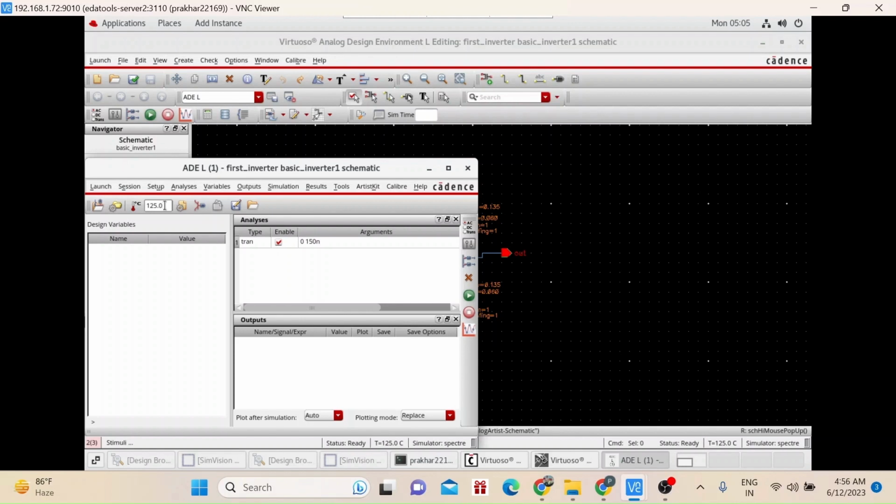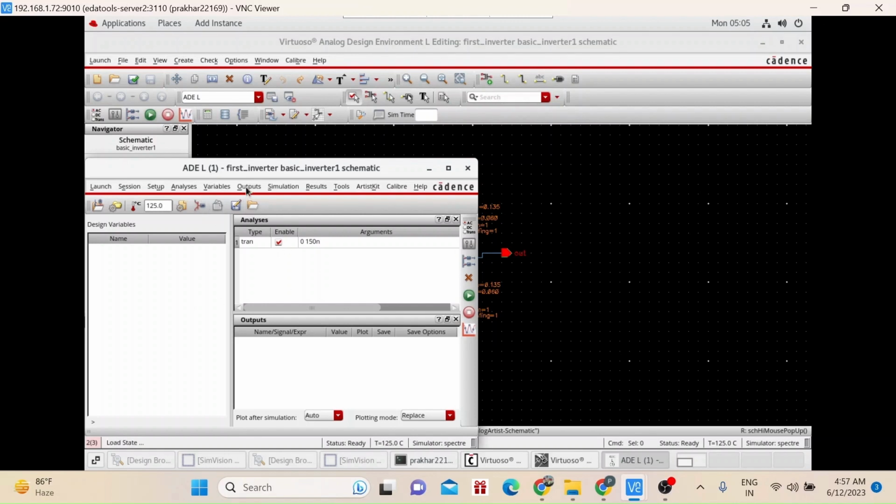So I have made my PMOS and NMOS both slow, because I have given process as SS. So I have made my NMOS slow and PMOS also slow for the worst condition. In temperature, I have given as worst as possible, so I have given 125 degree temperature. And for analysis, I have given transient analysis and PVT. And V is the voltage which I have given in stimuli. I have given very low voltage, which is 1.08 volt. Why? Low voltage is also a worst condition.